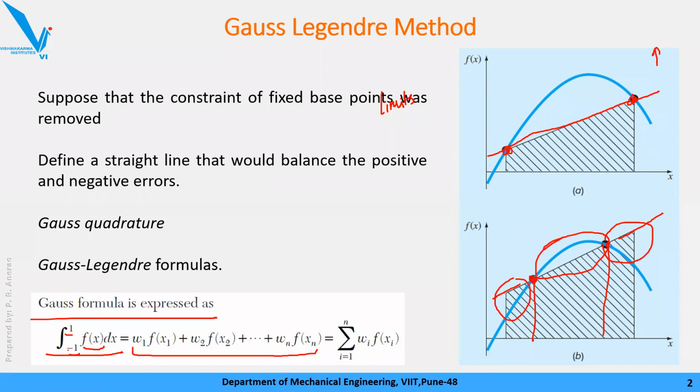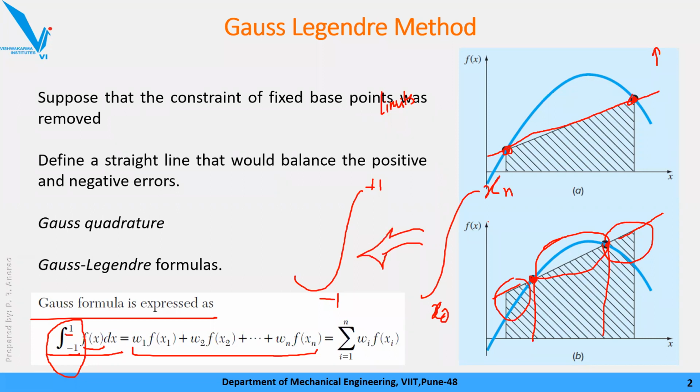Okay, but if you look here, the limit of integration in the formula is -1 to +1. But when we see a practical application or numericals, you will find the integration limits are not always -1 to +1. Okay, so that means whatever limit we are working with, generally we work with x0 to xn. So we will try to convert the integration limit from x0 to xn, instead of that -1 to 1.